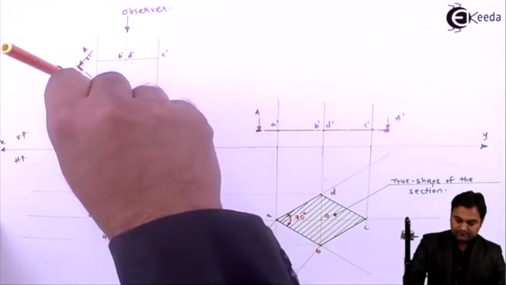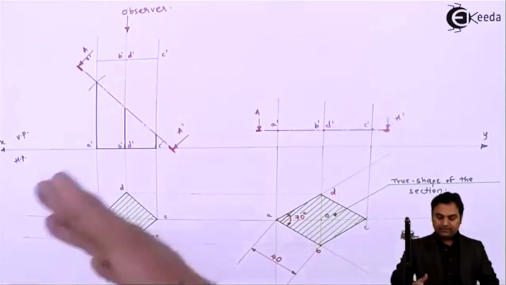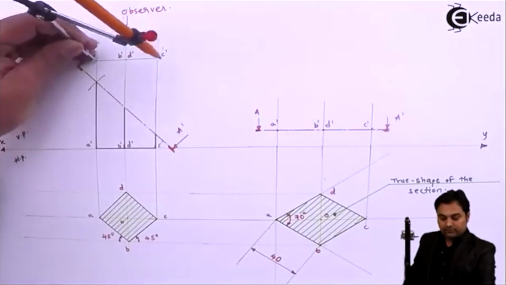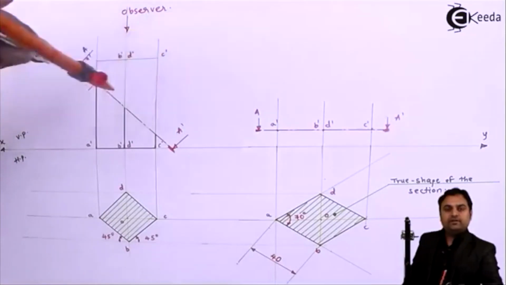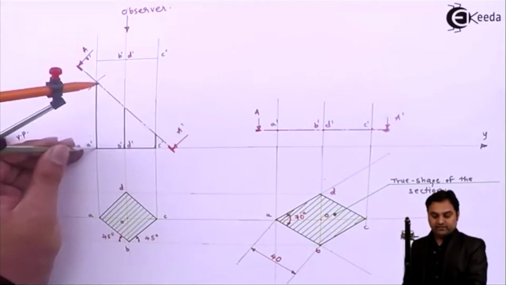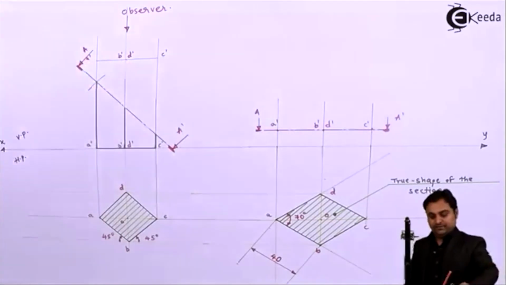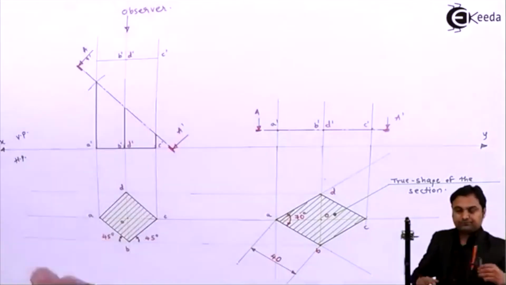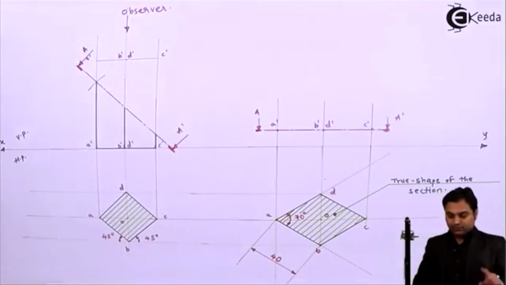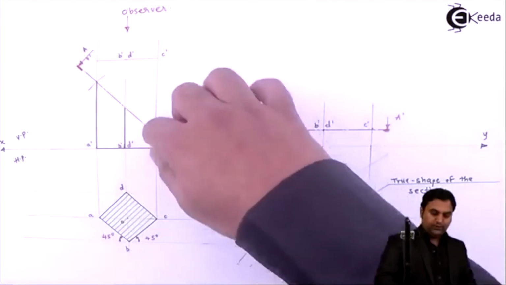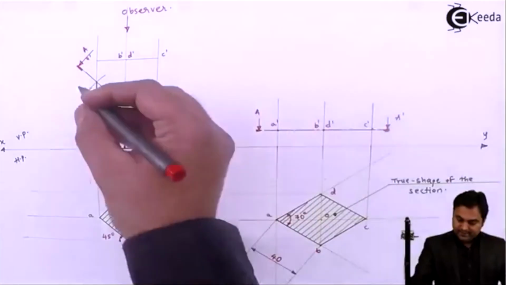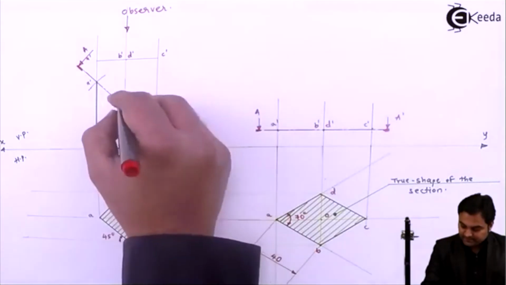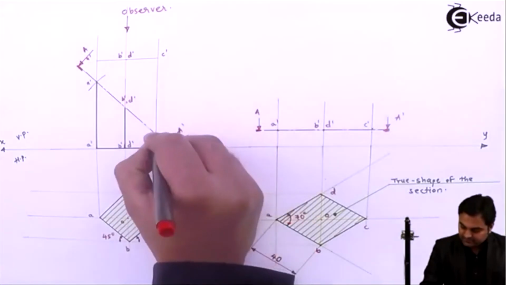Next, here I have adjusted the cutting plane by taking a single point here and cutting it onto the other side. See, even if we have taken in this problem point A dash at the top, or we would have cut in this way, then also it would have been correct. Similarly, if I would have taken the point here and cut here, then also it is correct. At this location and cutting it onto the opposite side, that was also correct, because we should get one point after cutting A dash and C. So here I'll give the notation. This will be point A dash, here B dash D dash, and this will be C dash.